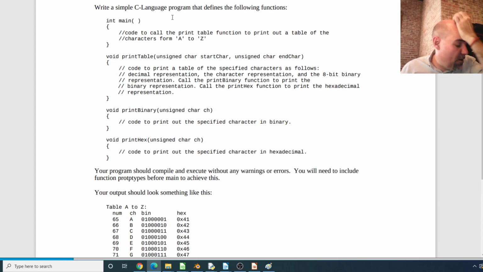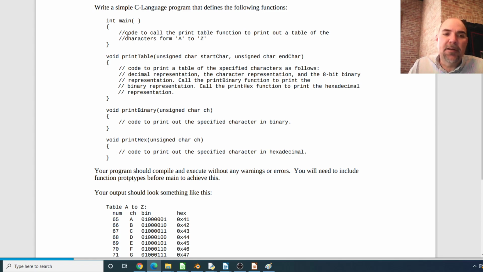Now, one final word of advice is it needs to compile and execute, and it needs to compile with no warnings or errors. If you have an error, it won't really compile, but if you have warnings, I'm going to take off points. Now, one of the things that I noticed you're probably not used to doing is if you organize your code this way,